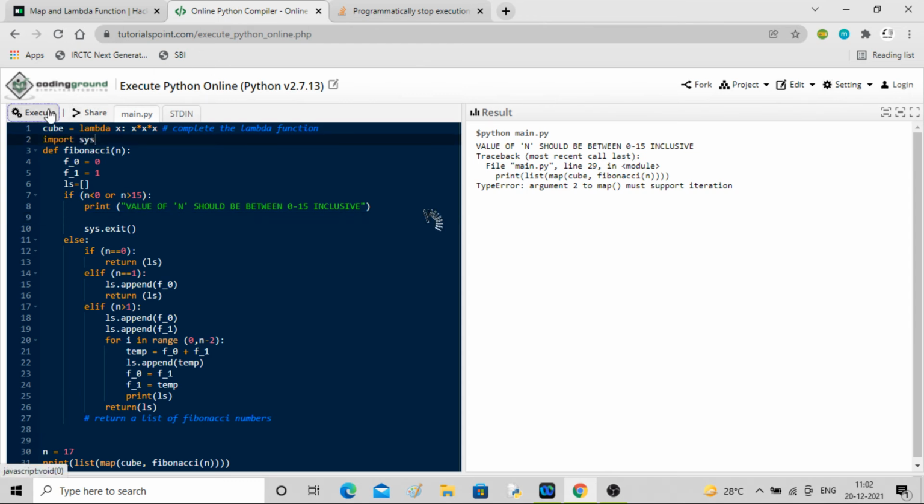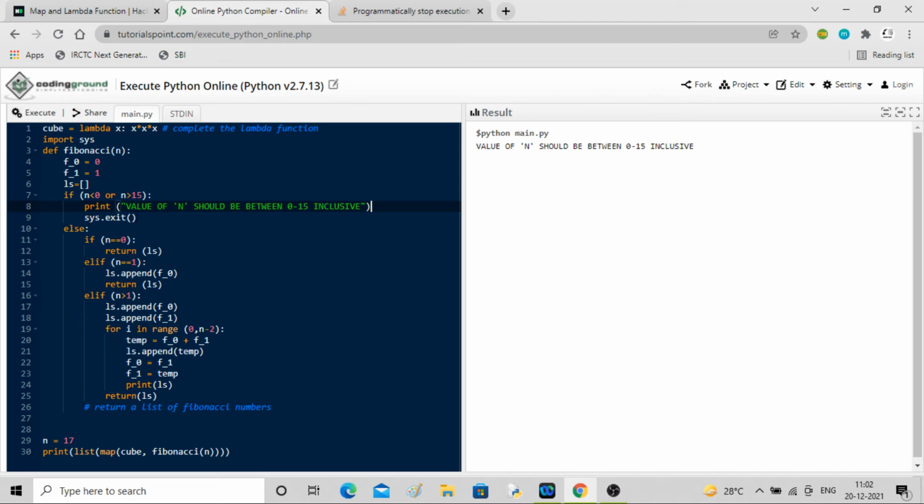Now let's execute it. Okay, so this looks much cleaner. As soon as the n value is out of range, it will print this thing and stop the execution. It will not go further. Let me check for 0 again. Then we have no list.